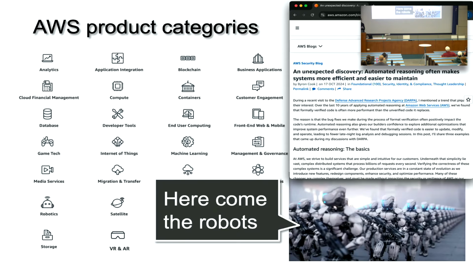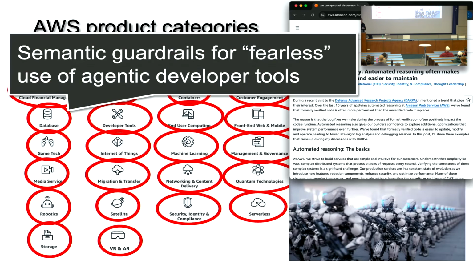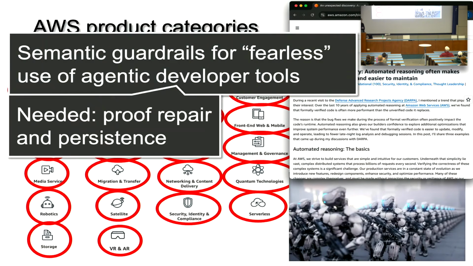And then when you combine that with Agentic AI, it allows the Agentic AI to be used relatively fearlessly. And so that, I think, starts sort of a flywheel where the more we see Agentic AI used in coding, the more demand there's going to be for formal verification. So, but there's a lot of work to be done.